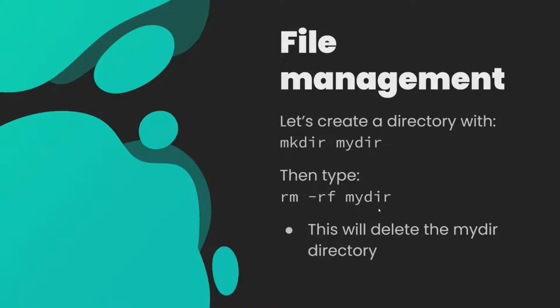Now, since there's nothing in it, it's not necessary to use this command. You could probably just use rmdir like I showed you before to remove it. But typically directories have things in them, so you're more often going to be using rm -rf to remove directories. The R, and reminder, R stands for recursive, so that's typically used to remove directories that have things in them. And F is force, so it just force deletes a file or directory, just in case it's being used by another program.